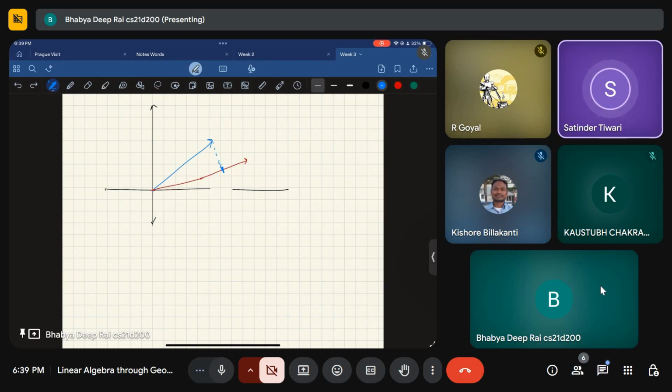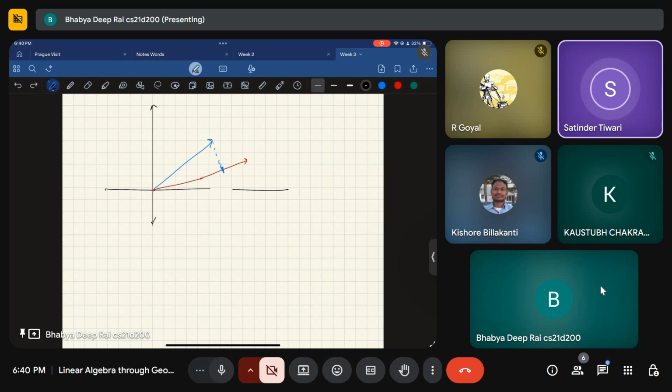You will not find it in the graph. What you're simply saying is that the total resultant along the x-axis will be a1 a2, and whatever the same way we project along the y-axis, it will be b1 b2. So overall, because both are in the positive direction, something is added.